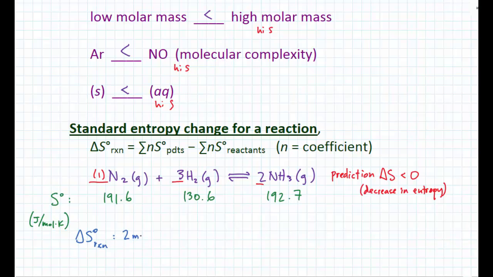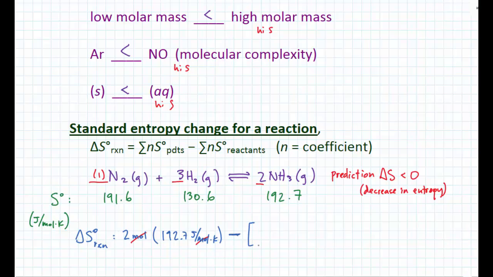And one way of thinking of this is have that coefficient be moles. 2 moles of that times 192.7 joules per mole Kelvin. What that does is cancel out the moles. Okay, so that's all we have for the products. So then it is minus,